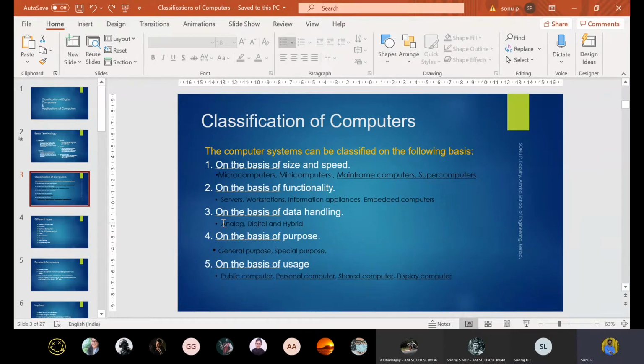Yes, sir. Okay, fine. So computers can again be classified based on different characteristics, different functionalities, etc. One of the categories is based on the size and processing speed of the computers, and you have definitely come across this in your day-to-day life and in your studies. That category has 4 subdivisions. The first one is microcomputers. Then minicomputers, mainframe computers, and supercomputers.